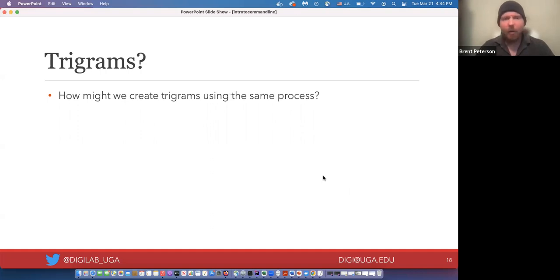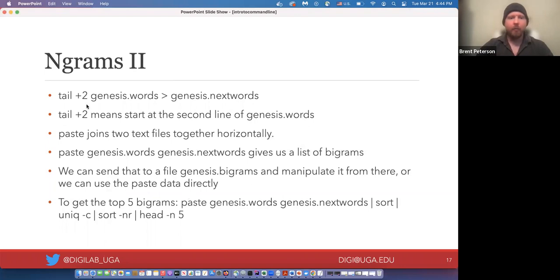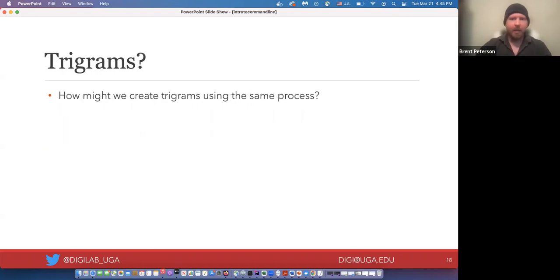So how might we create trigrams using the same process? Just think about this for a second. Think about how we just did that. We just used tail plus 2 to get Genesis nextwords. How might we go forward and get trigrams? I'm not going to let you think about it too much. This isn't a real class, but